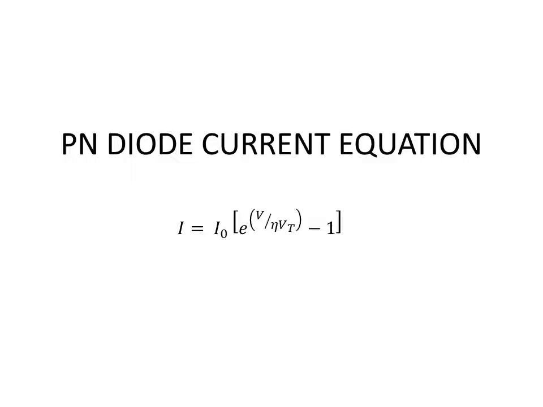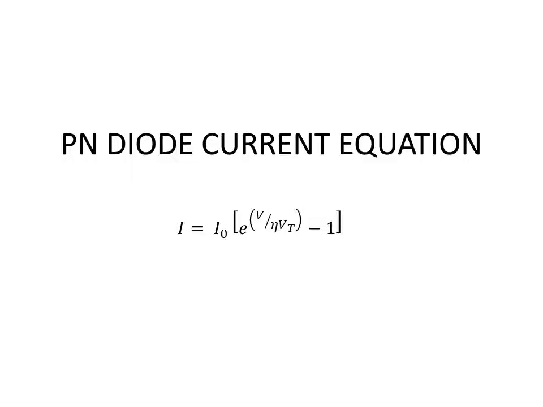Today I am going to discuss the derivation of the PN diode current equation. The diode current equation gives the relationship between the current which flows through the diode and the applied bias voltage V. So the equation for the current through the diode I is given by I equals I naught of e power V by eta Vt minus 1, where I naught is the reverse saturation current and V is the applied